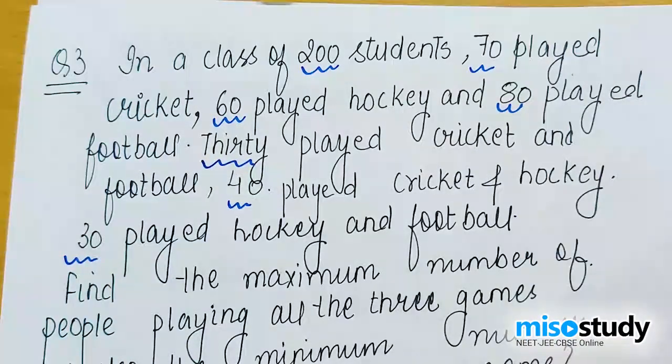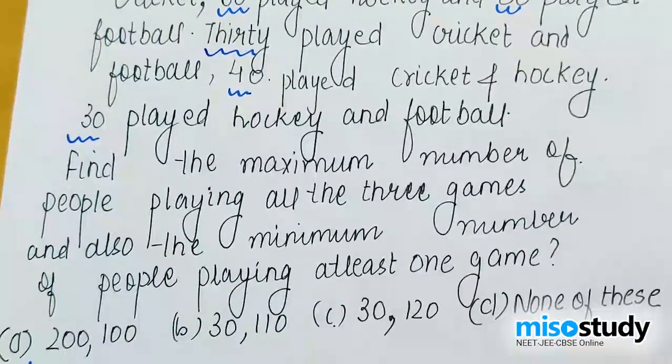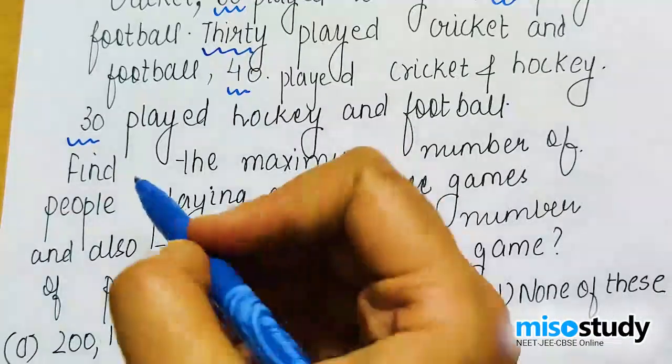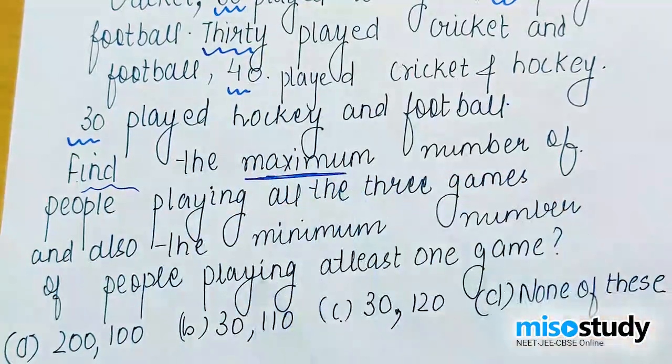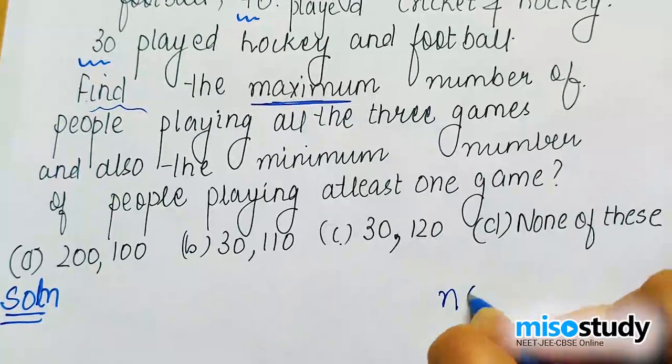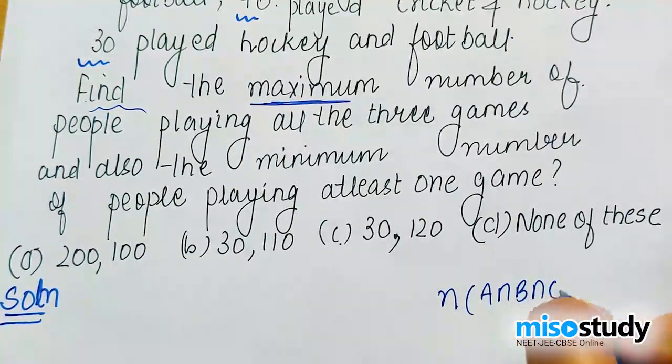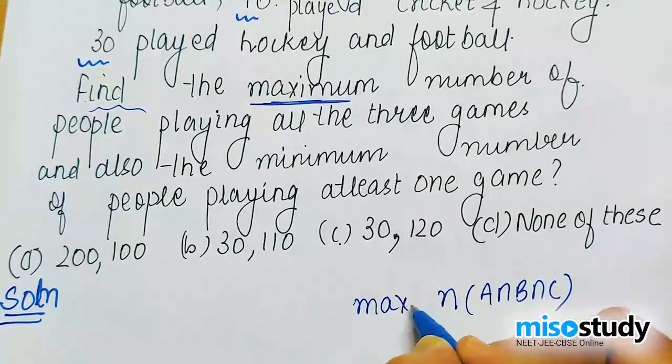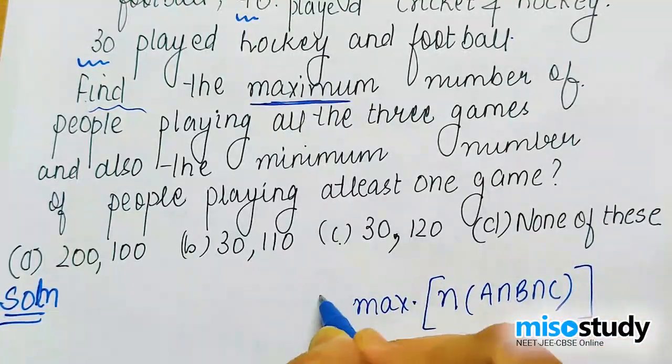We all know that we are given n of A, n of B, n of C, and we are also given A intersection B, B intersection C, C intersection A. That's fine. Find the maximum number of people playing all the 3 games. Now the question has its importance. What is the question? You're supposed to find the maximum number of people playing all the 3 games. What is the meaning of playing all the 3 games? That means you have to concentrate on n of A intersection B intersection C, and that too the maximum of it. Number 1,